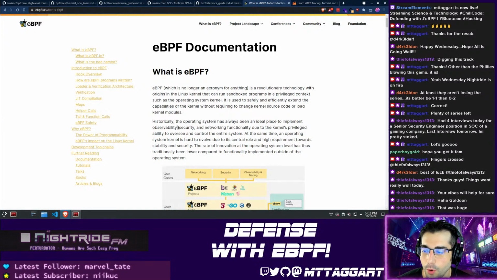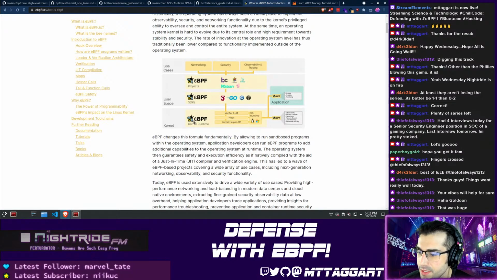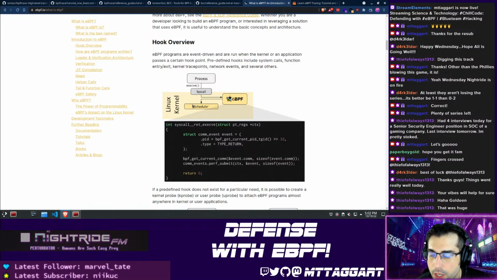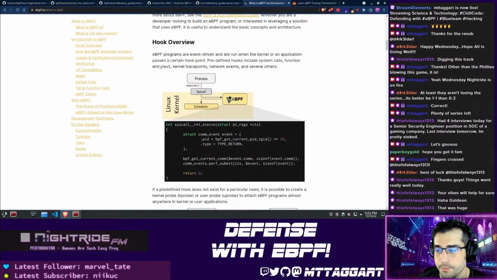So here's how it works, basically. This diagram could be better. This one's a little bit nicer. So basically it goes like this. Anytime something happens in the kernel and there is an eBPF program that is hooked into that kernel event, that eBPF program will run and do its thing on its way to the syscall or the function entry or exit occurring. Now, the way that you write these programs is a little bit tricky,